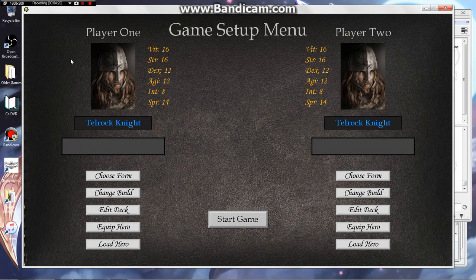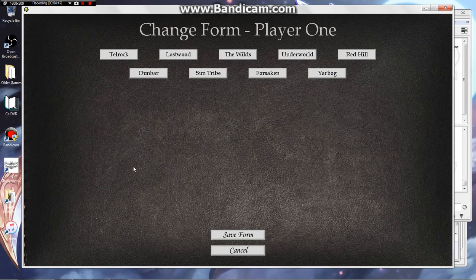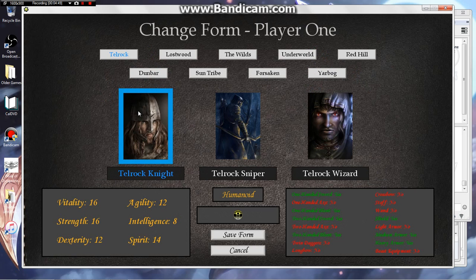So this is basically just a game setup window. So you have two players, player 1 and player 2. You have some stats here, and this is the current class. And right here should show the magic spheres for the class, I believe. So maybe there's an error, or maybe Telrock Knight just doesn't have any magic classes. It's kind of hard for me to believe. Might have to work on that. So yeah, he should have one. Anyhow,